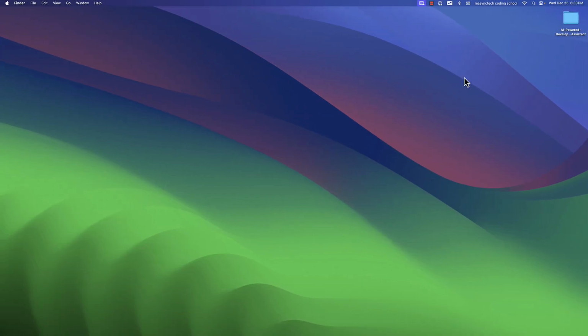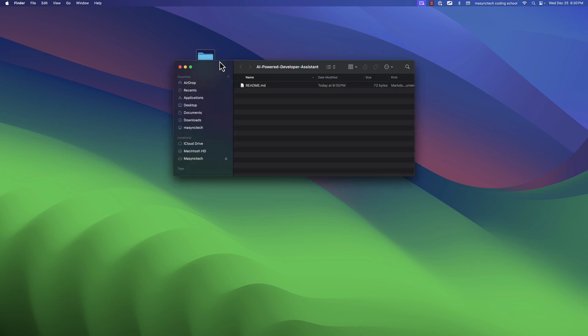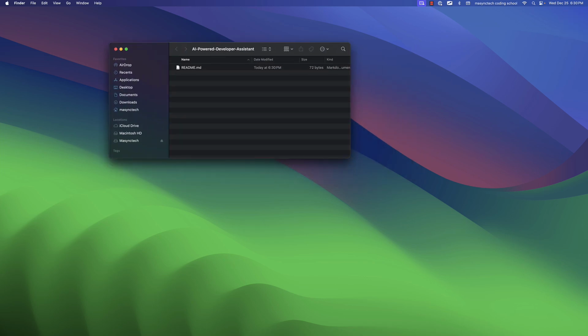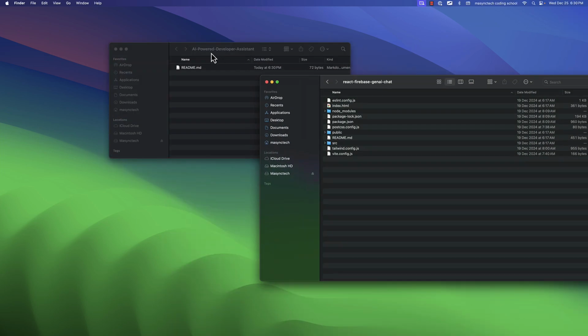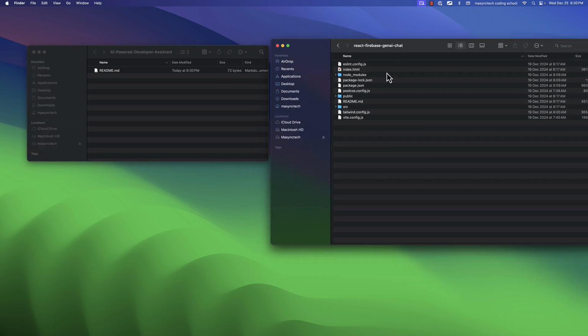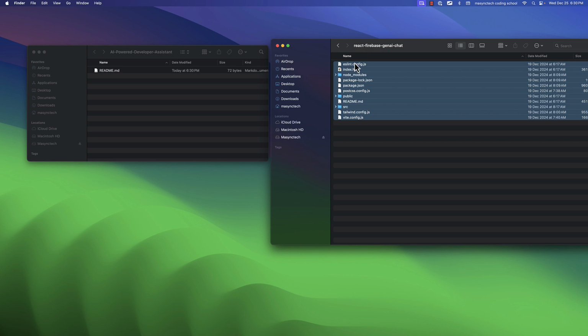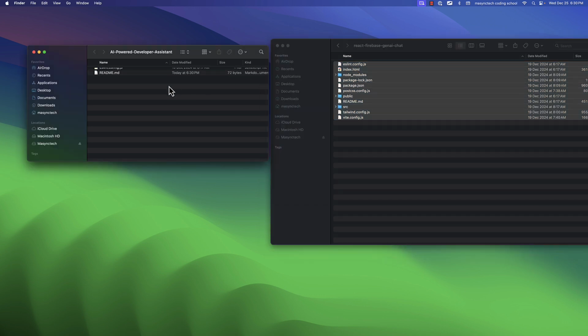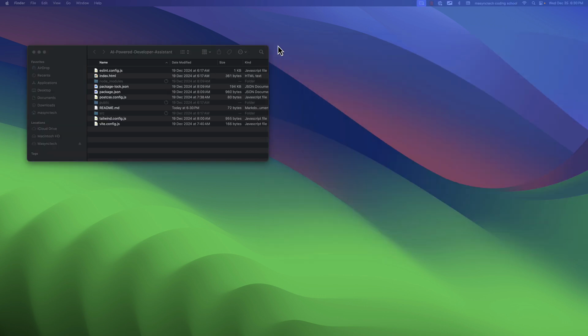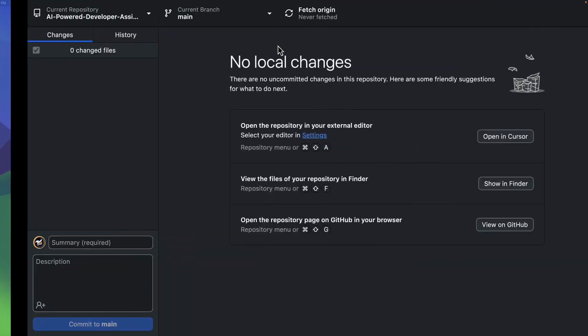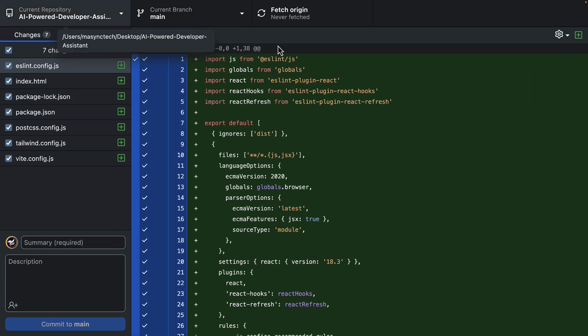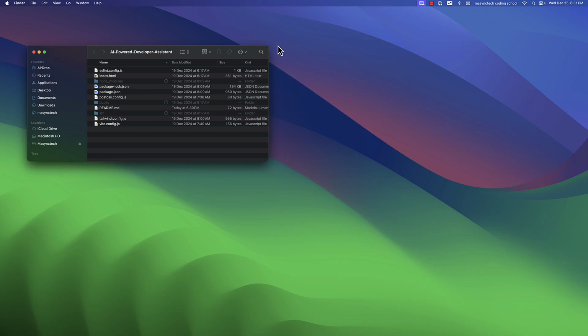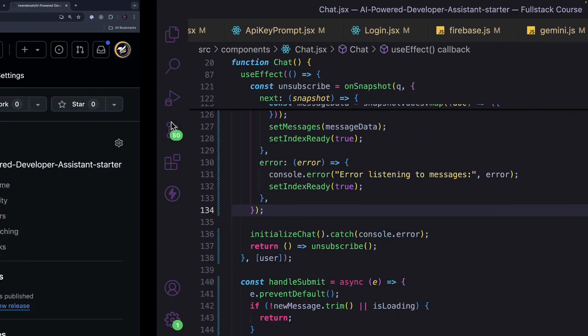Let me confirm. This is the folder. So I'm going to copy our code that we have. Mine is inside React-Firebase Gen AI chat, and I'm going to place it here. And the next step is let's check our repository, and we have these changes. Let's wait while the other folders are importing. All right, so let me go ahead and open